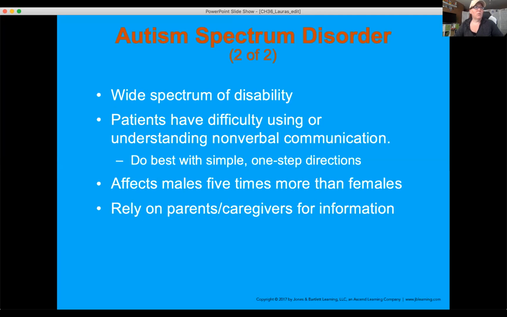All right. So when we're following directions again, or giving directions, simple one-step directions as part of your assessment, try and have your questions be those close-ended questions, at least to start with, when you are gathering information. And then that can open up for the wider range of questions that involve more complex communication skills, I should say. Not complex thought. People with spectrum, a lot of times their IQ can be very, very high, but it's just expressing what they want to say in a way that they feel you'll understand it.